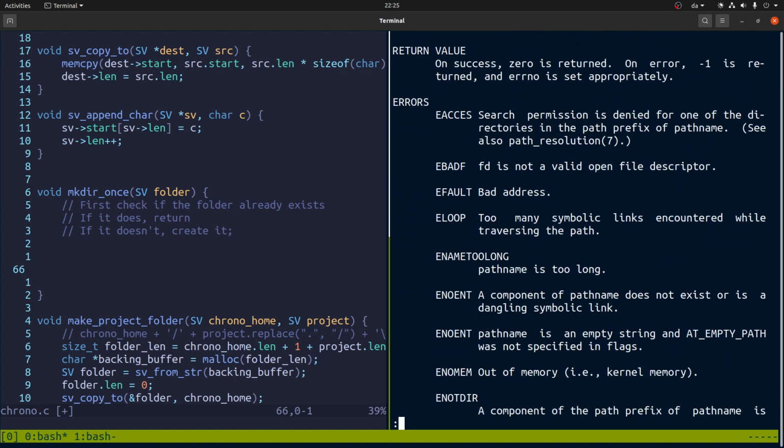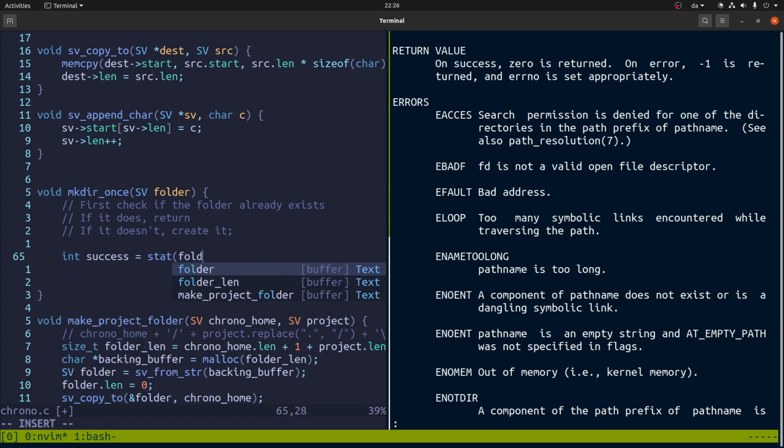So on success, 0 is returned. So success probably means that it exists. And now actually we have to turn it into a string,